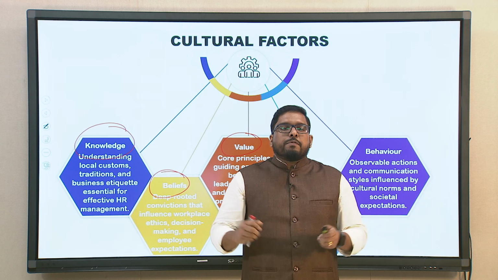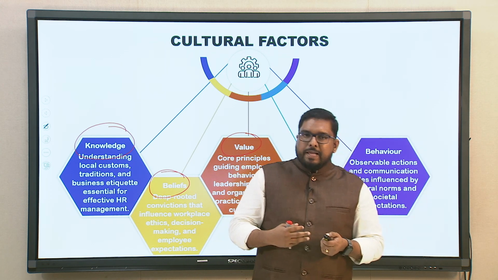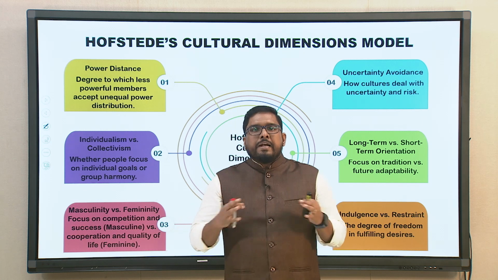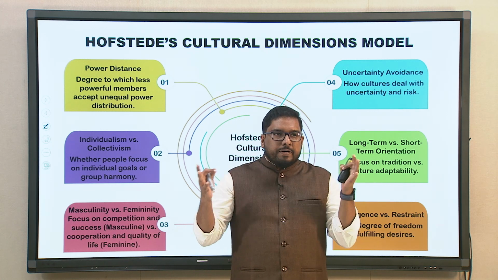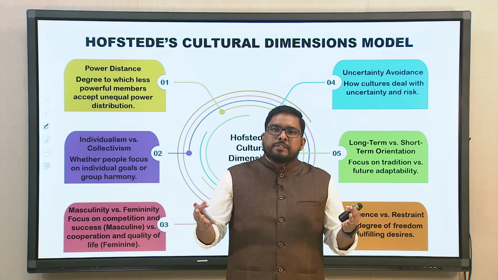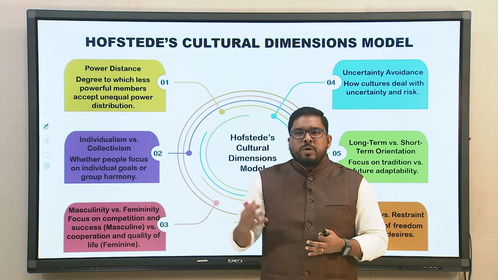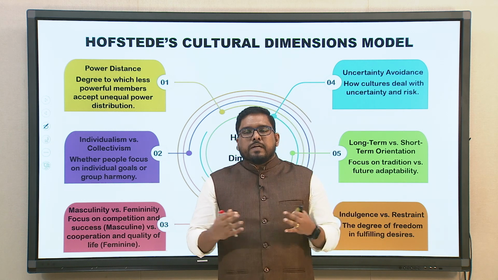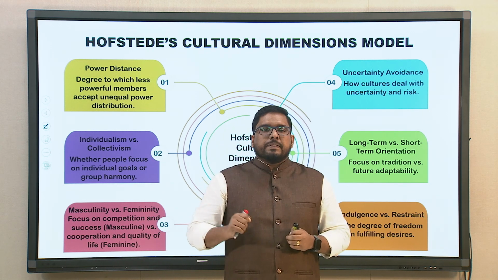So these are some of the cultural factors that you might have to look into when you are looking into learning and development. And finally, to make you understand about culture, you have different studies. One prominent study is Hofstede's culture dimensions. We also have the GLOBE dimensions, which is somewhat an extension of the Hofstede culture dimensions. Very quickly, you look into different aspects in the Hofstede dimensions.